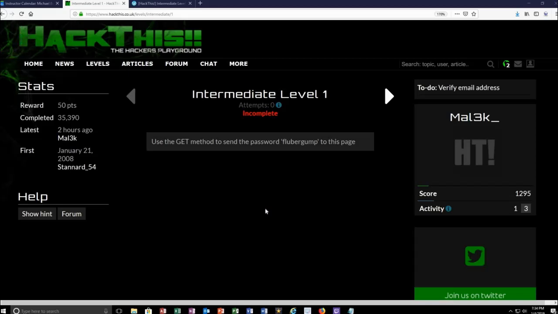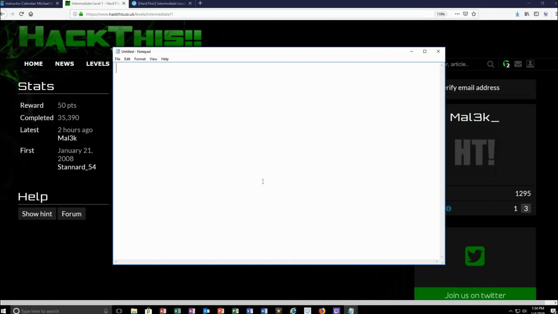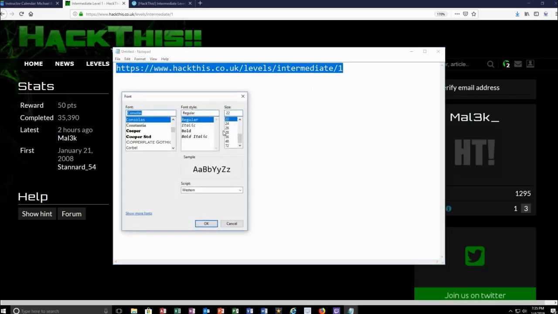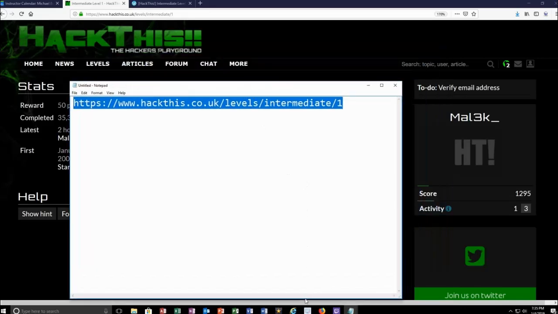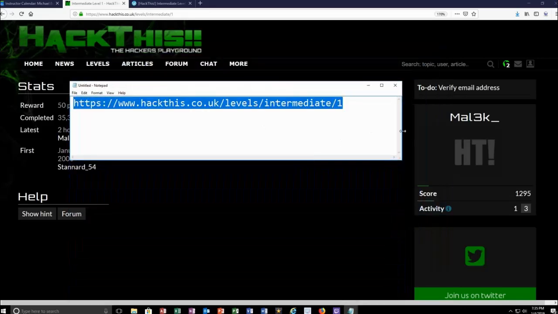Okay, so how do we do this thing? Well, you're not going to be able to see it, of course, unless I really zoom in. And I don't have anything to really zoom into my URL address, so I'm just going to put it in our handy dandy notepad. Okay, this is the site that we're at right this minute. I'm going to increase the font just a tiny bit, make sure you can read it a little bit better. Yeah, I did great. I increased it by 2. Woohoo! Anyway,